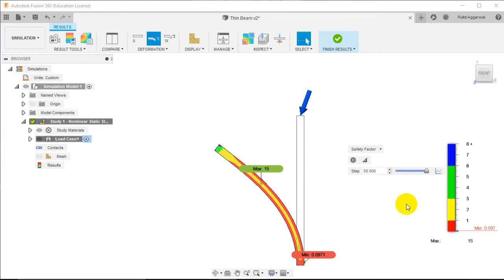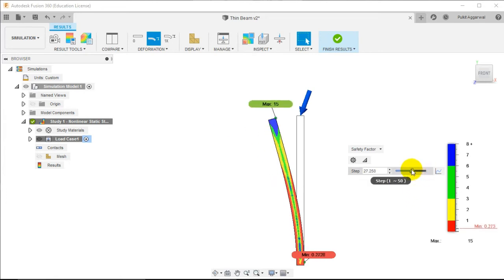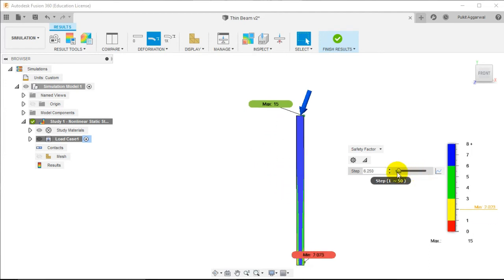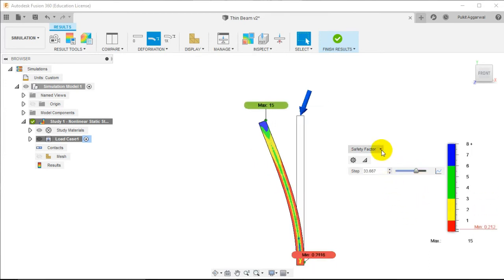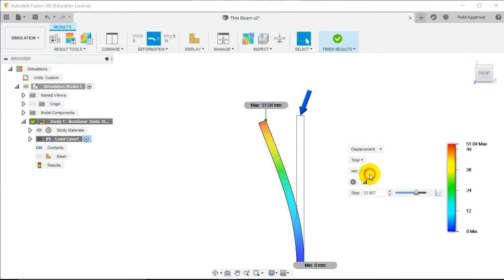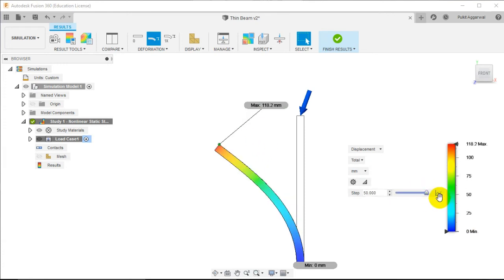So the number of steps that we set for the study is so we can follow along and see how the factor of safety changes throughout the process. We can do this for either stress or even displacement also. There is also a 2D chart option.